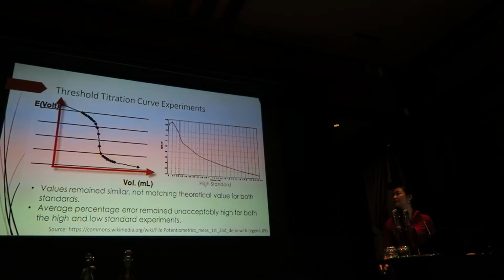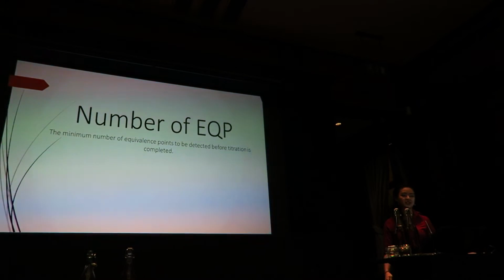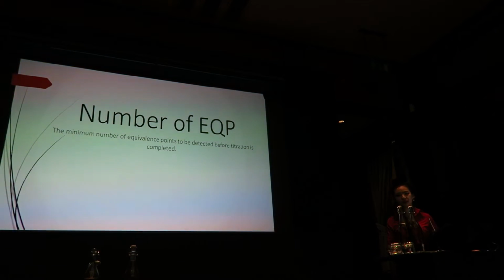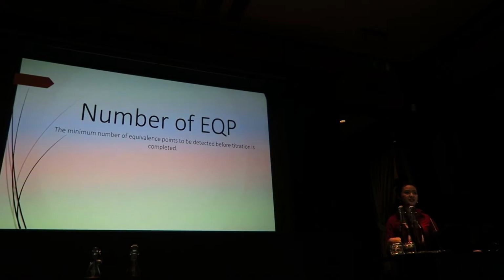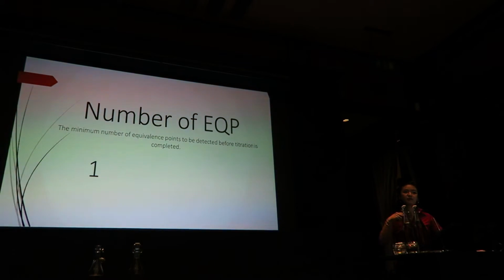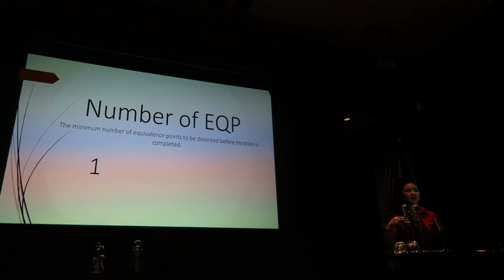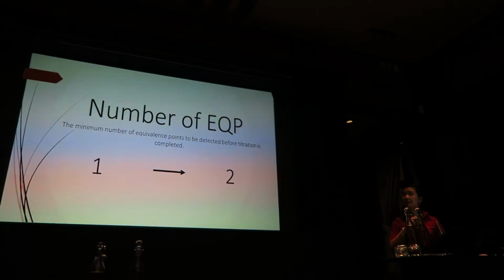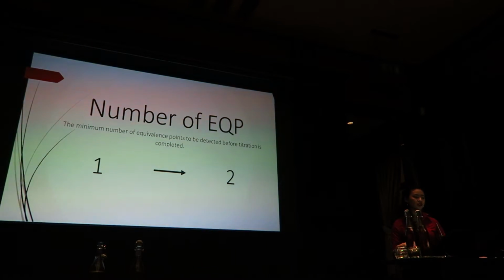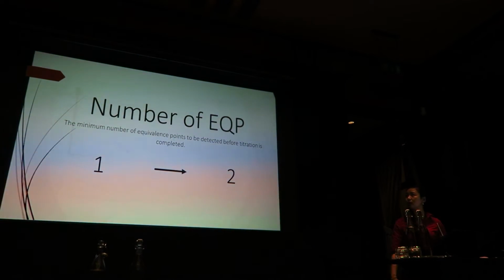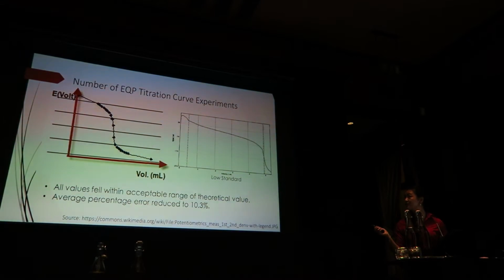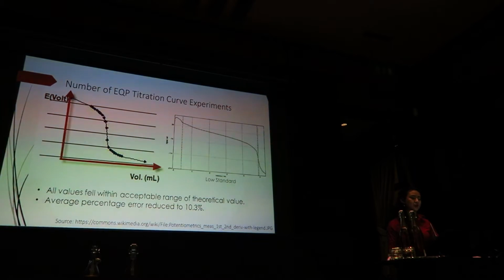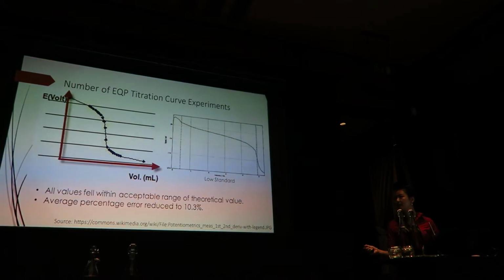So we looked at a further factor, which is the number of equivalence points, which is the minimum number of equivalence points that need to be detected before the titration is completed. After the machine detects one equivalence point, the reaction would stop because it doesn't need to waste any more of the titrant. We increased this to 2 just to be able to skip that first equivalence point, which was giving an incorrect result. Looking at the low standard, as you can see, the titration curve is now matching expected, and the values were falling within the acceptable range, and the percentage error reduced to 10.3, which is